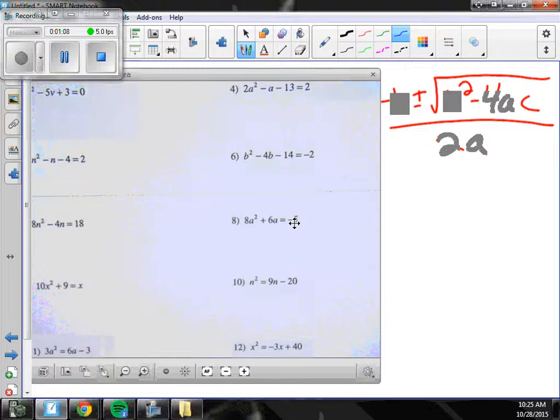You need to know how to do every way. You need to know how to factor, you need to know how to complete the square, and you need to know how to use the quadratic formula. Well, you can do it, but there are some problems that will say you have to complete the